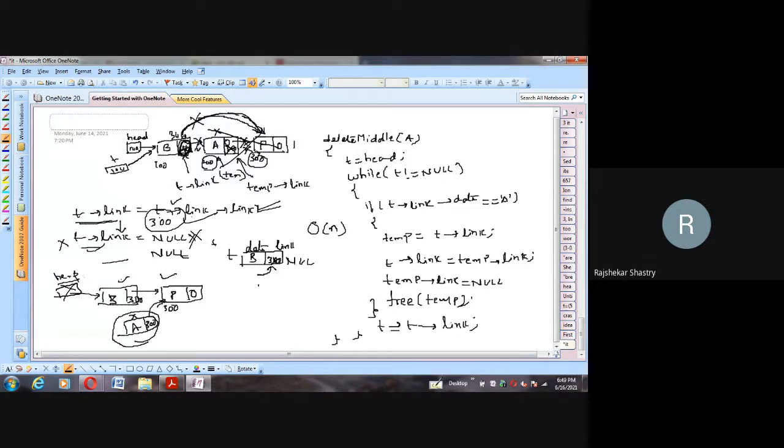We start from the head node, we delete this, and then we move the head node to the next one, we delete this, and if one more is there, again we move our head node to the next one and delete it. So like this we go on deleting all the nodes by moving from one node to the other. But this one, which is actually separated but still holding some address in the link portion, none of the pointers are holding this memory.